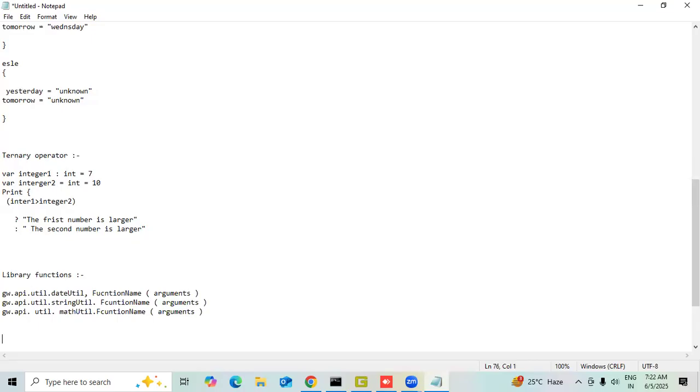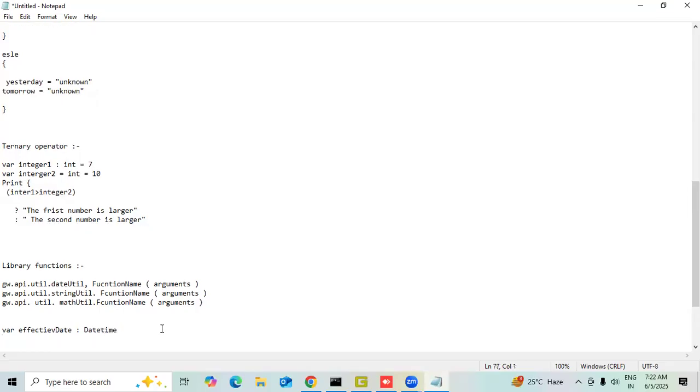So for that we need to write the variable, for example, effective date. Effective date I am taking, which is of date time type, which is equal to,